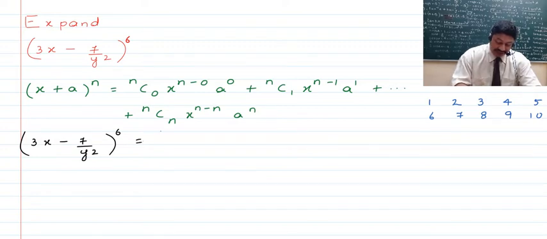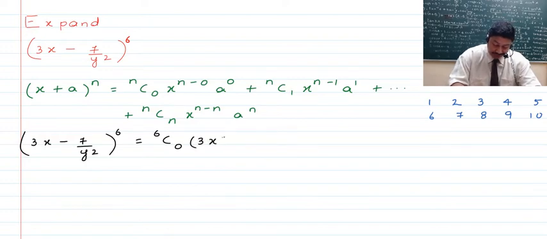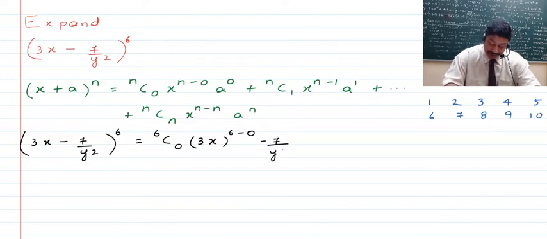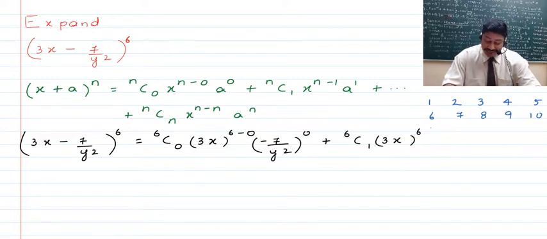So the first term is going to be written as 6c0 3x, which is the first term raised to the power the difference of the superfix and the suffix, that is 6 minus 0, times of minus 7 upon y square, which is going to be raised to the power the number which is there in the suffix, that is 0, and to that is going to be added the second term, which is 6c1 3x, that is the first term raised to the power the difference of the numbers which are there in the superfix and the suffix, times of minus 7 upon y square, the second term raised to the power the number which is there in the